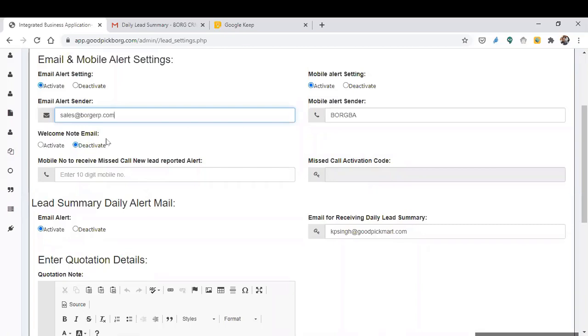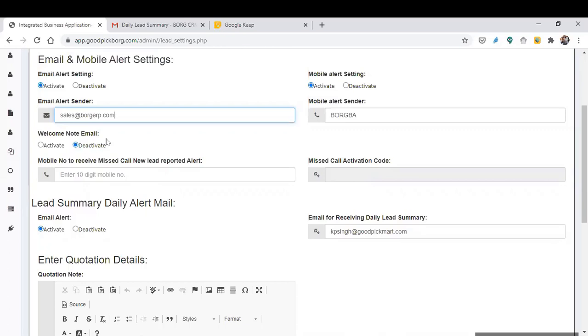Welcome note email means when you are converting the customer, after the long follow-up, if that lead gets converted into a customer, meaning he is buying your products and services, then you set the lead status to converted. At the same time, that customer will automatically receive a beautiful email that can convince your customer and change his or her mindset about you. So that must be written and designed properly.